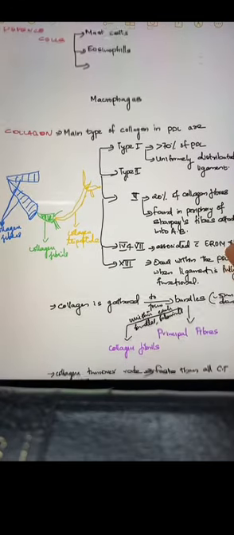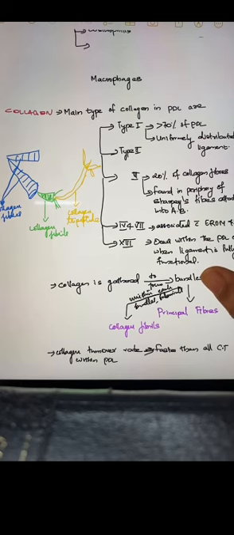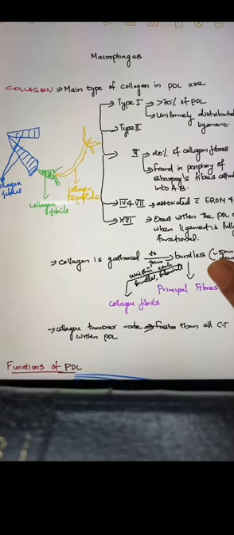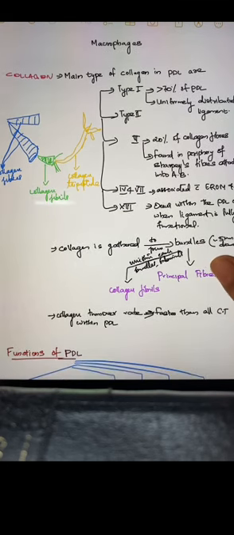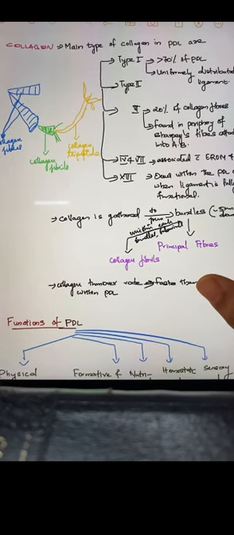So what is collagen? The main type of collagen in the PDL is type 1. More than 70% of the PDL is type 1, uniformly distributed in the ligament. And type 2 is there. Type 3, about 20% of collagen fibers in the periodontal ligament, is found in the periphery of Sharpey's fibers attachments into alveolar bone. Then types 4 and 7 are associated with blood vessels, and type 8 occurs within the PDL only when the ligament is